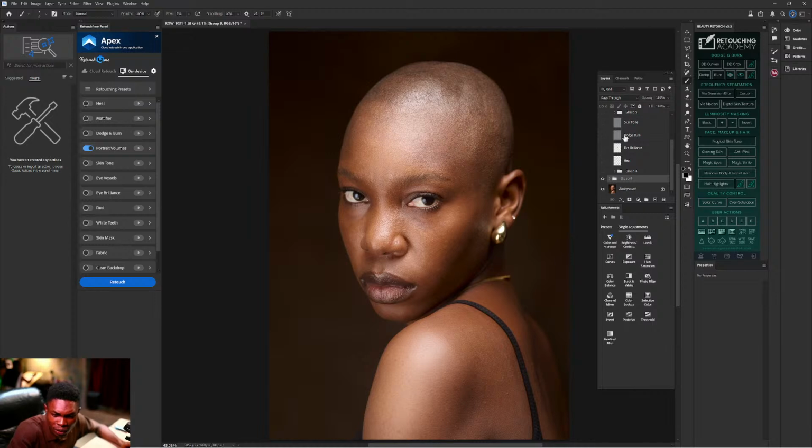I was so obsessed with dodge and burn that year that I even used it to remove spots and blemishes. Exactly, that is what we were just doing now too, using it to remove spots and blemishes. Yes, to me,